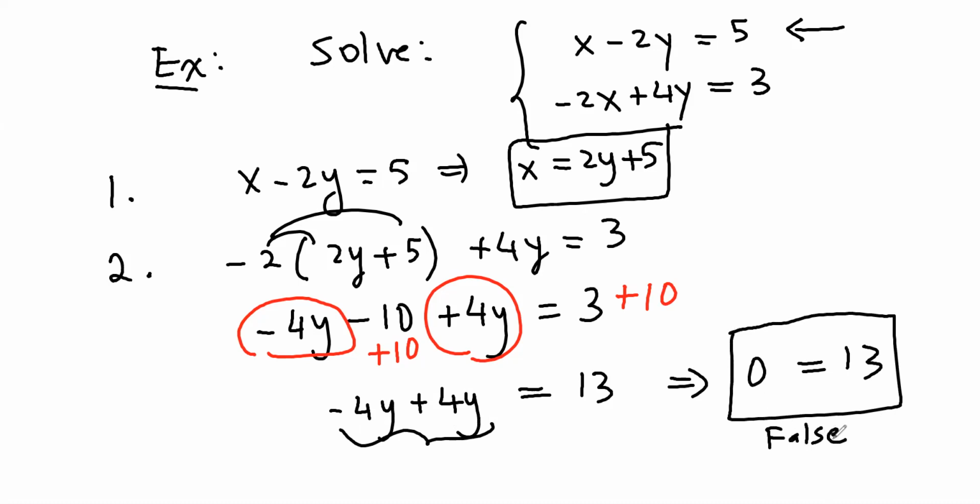That shouldn't happen, and this statement is, of course, false. 0 cannot equal 13. So this indicates that this system will have no common points. When you solve the system and all the variables cancel and you get a number equal to another number, if that statement is not true, then the system does not have any solution. Geometrically, what this means is line 1 is parallel to line 2, meaning these two lines will never intersect. They're parallel to each other, therefore they will never have a common point. So finally, we say that this system